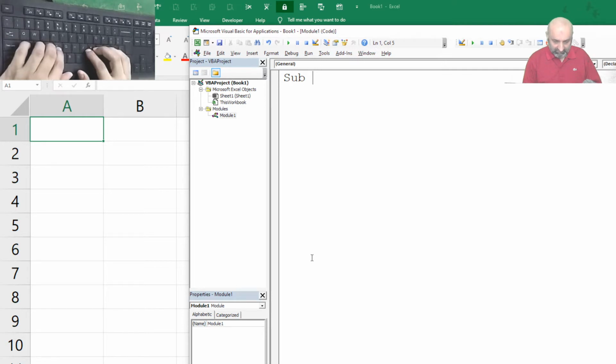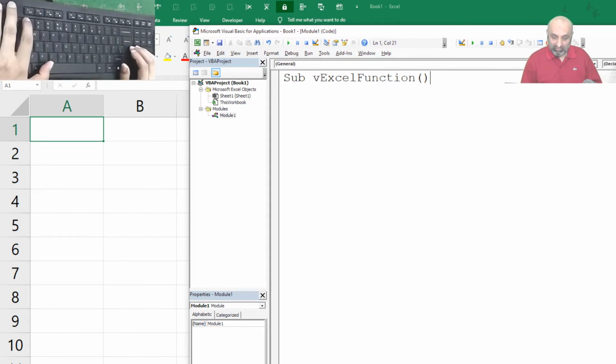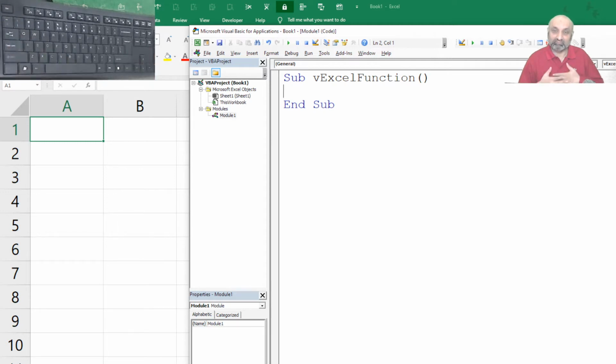Let's call it vExcelFunction, and you recall that I put a v so that you can always recall that it's a variable name, a name given by me.